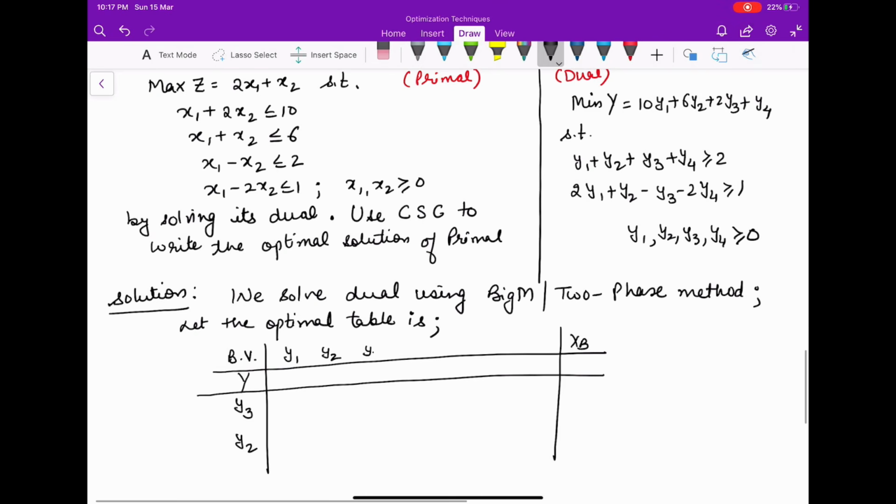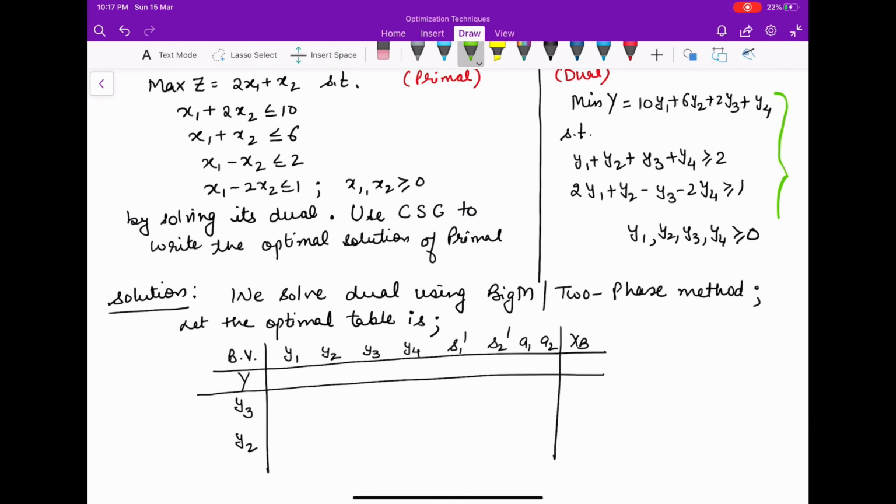These are all decision variables, and I have involved here the slack variable. I am not writing the artificial variables, but we are solving here. Now we solve this problem star, so we can say we are solving the dual star. Okay,